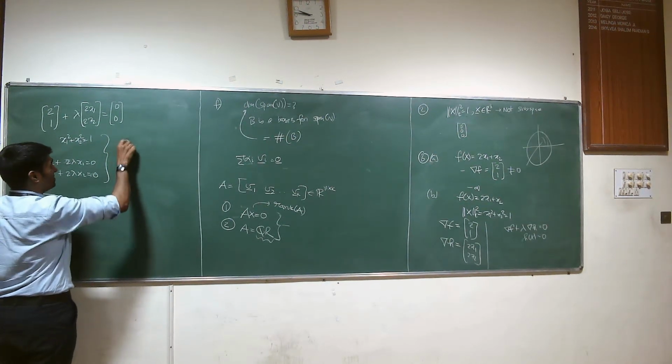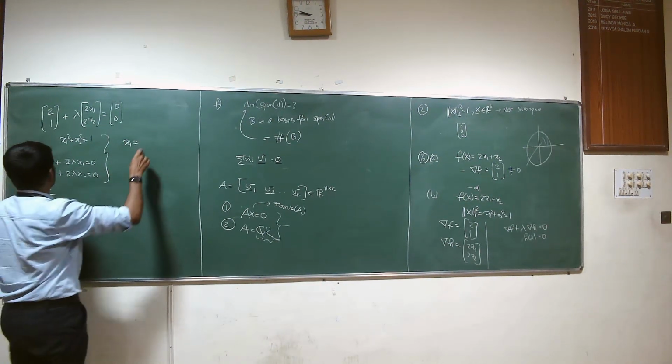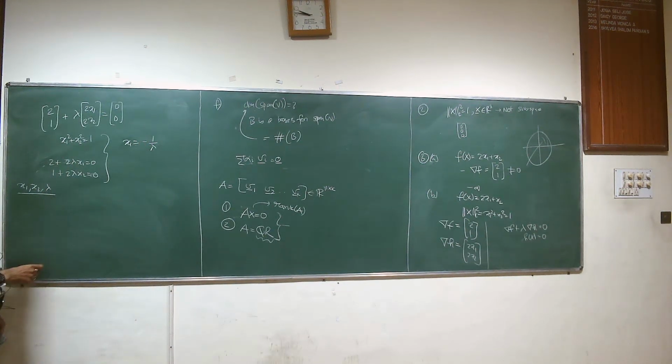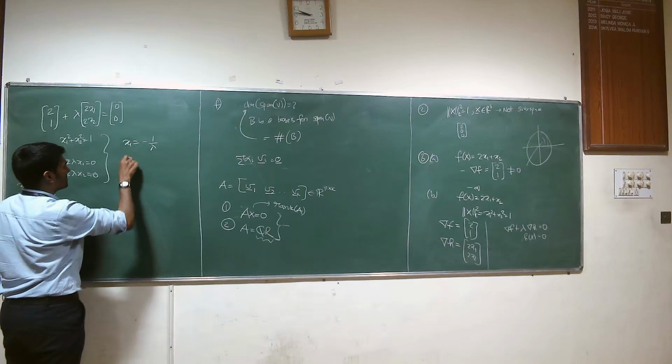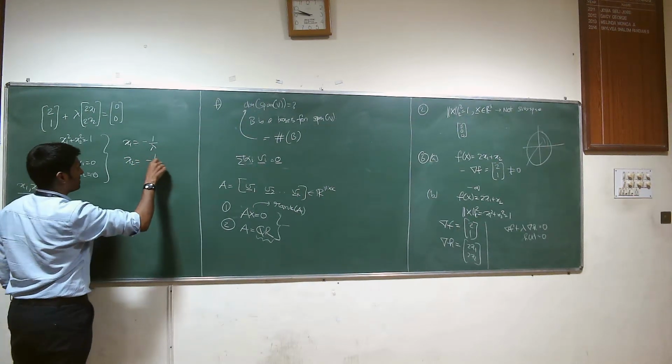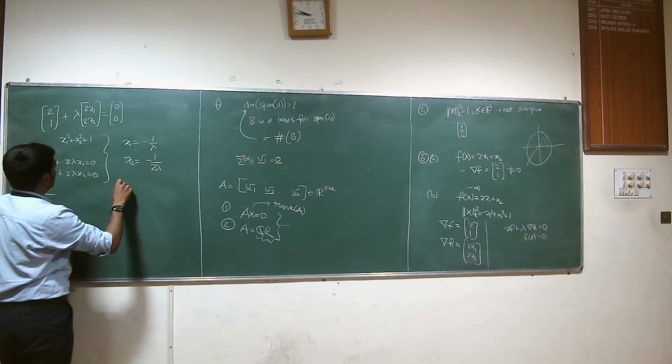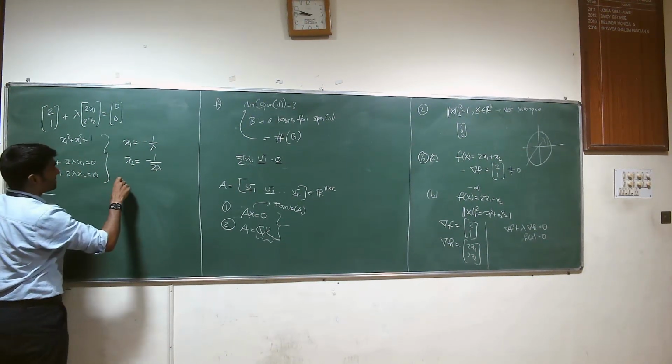So what is x1? Minus 1 by lambda. X2 will be, yeah. Is that okay? And then if you substitute both of these here, you get